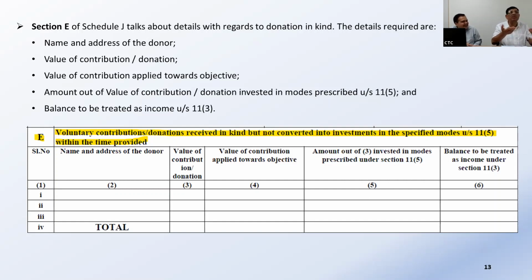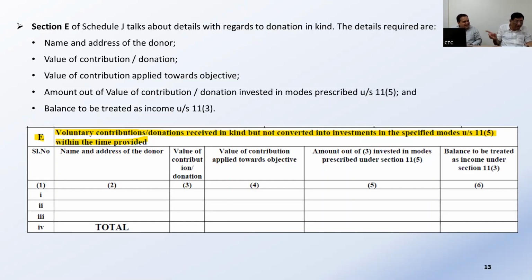Suppose you have received 1,000 bags and you have utilized only 500 and your project is over. It happens. Then what will you do with those 500? Charitable trust and you receive say 1,000 bags of rice, your consumption is only 50 bags. Then what will you do with the remaining 950 bags? You won't throw them away, you will sell them, right?